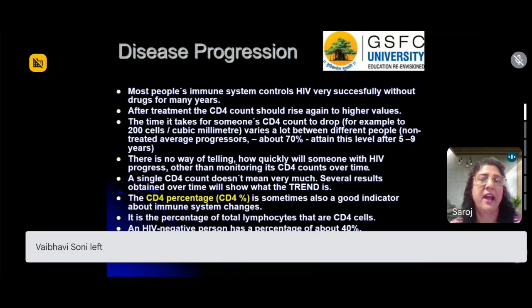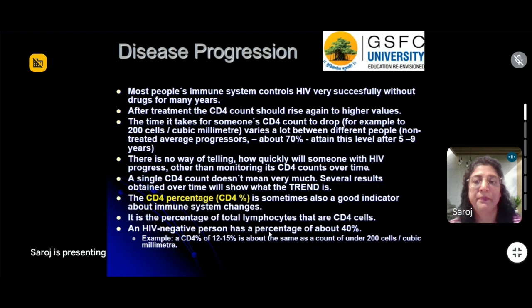So probably because they have a very strong immune system. And even if a treatment is given, then you should see a reversal. You should see that your number of CD4 count cells would increase. So that is one of the ways in which you can measure not only the infection, but also, if you are giving some kind of treatment, how effective the treatment is. That can also be checked via the counting of the CD4 cells.